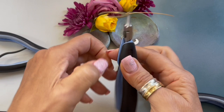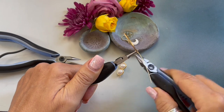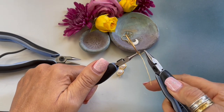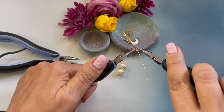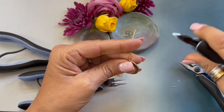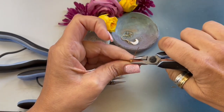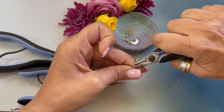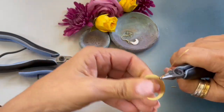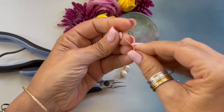And we're squishing that loop back together, switching hands. We are going to wrap 1, 2, 3. We're going to remove it. Trim that little end. We're gently going to tap this little wire down so there are no sharp edges. And I'm flattening out my loop. Now we're going to grab our little mother of pearl,